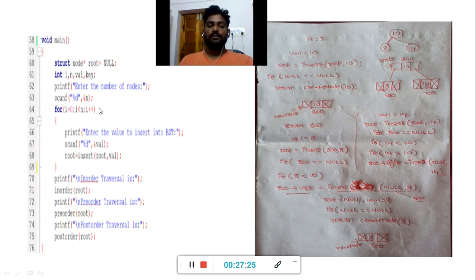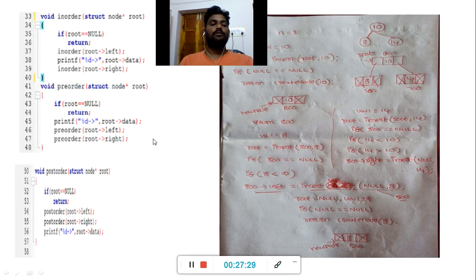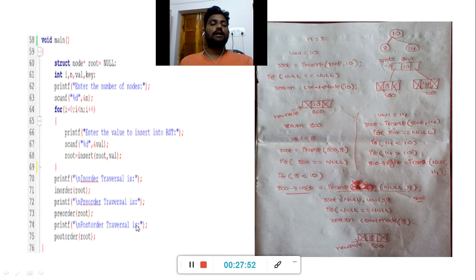In that way also the pre-order of root. Pre-order of root means here also we first check whether the given tree exists or not. That means root equal to 0, but the condition is false. In pre-order fashion, first visit the root node. That means printf percentage the root of data, and then visit the left part, pre-order of root of left, and finally visit the pre-order of root of right. And finally, post-order traversal is post-order of root.